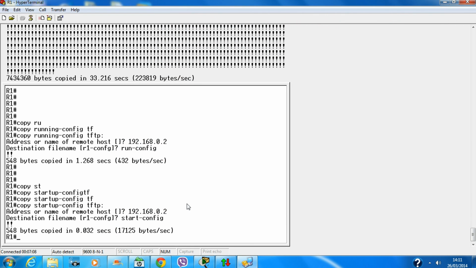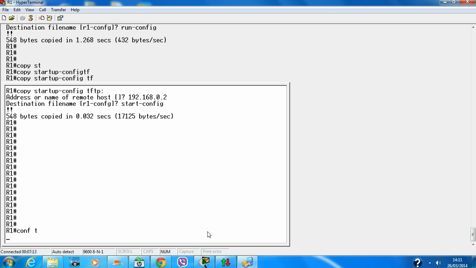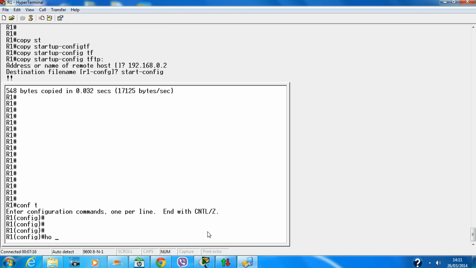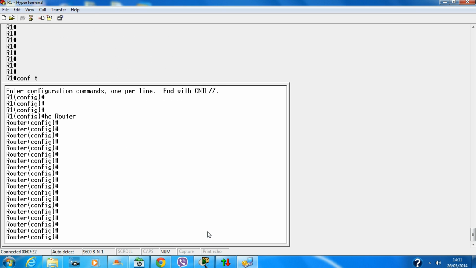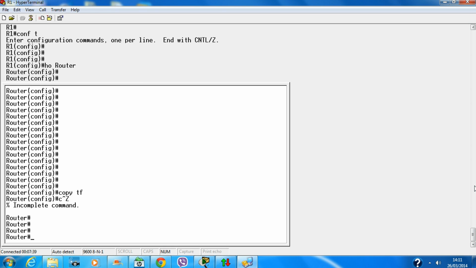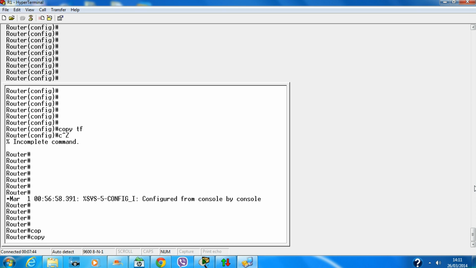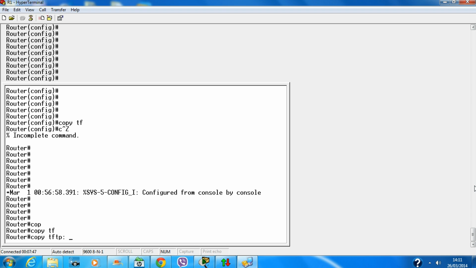And if you want to restore it back onto your router, I'll change the host name so that you all can see if it's working or not. Host name is router. So what will happen is this: the prompt from this router will change to r1. So all you need to type in is copy TFTP. Okay, I have to go back into privilege mode here, copy TFTP and running config,